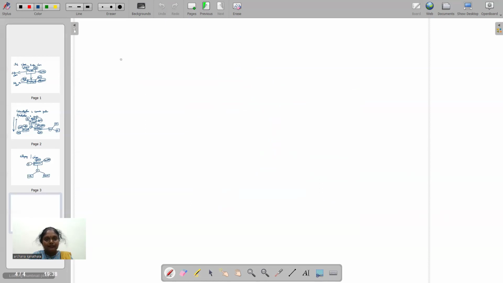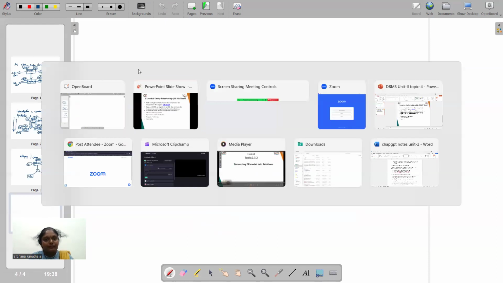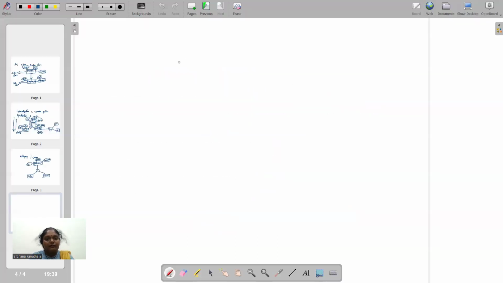Next is aggregation. Now, when it comes to aggregation, we have two things. One is total participation and then partial participation. What do we mean by total participation?